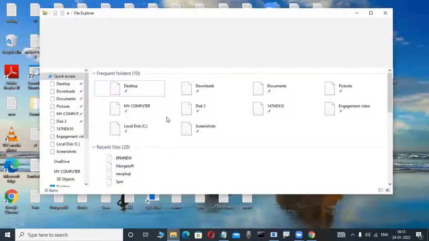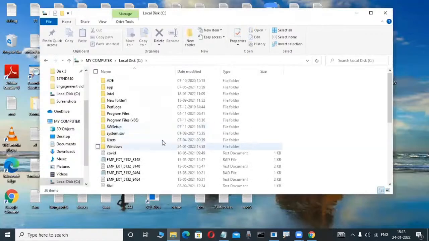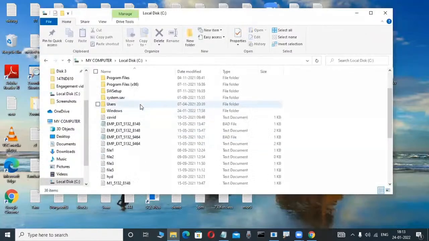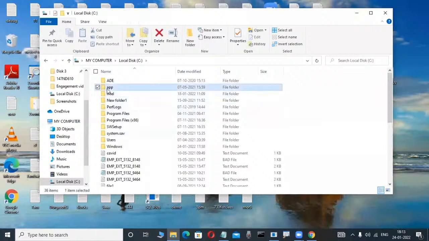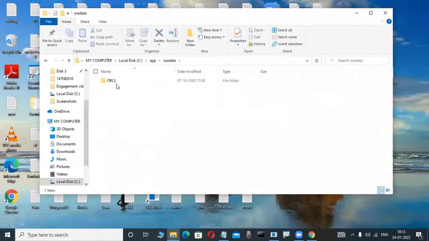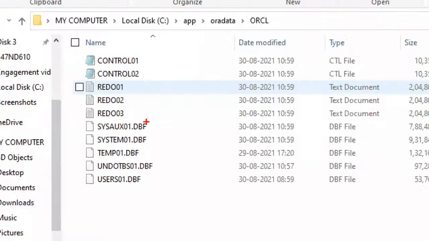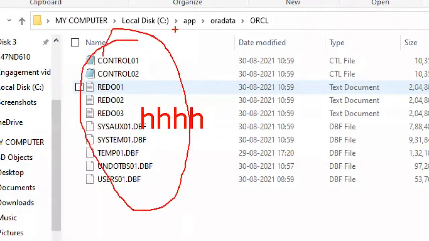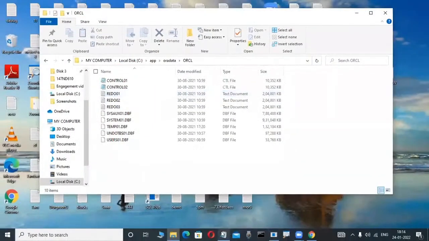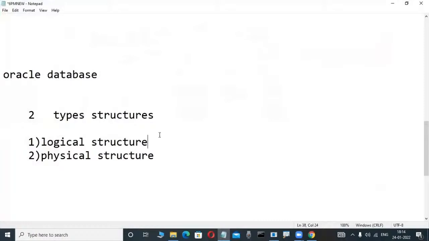I'm installing Oracle. How you install Oracle, we will learn in the next classes. Don't worry. I'm installing Oracle at one stage in the C colon drive or somewhere. In this C drive, your table is not available. Whatever table I'm creating is not visible in the C drive or D drive. That's why a logical structure means a structure which is not visible